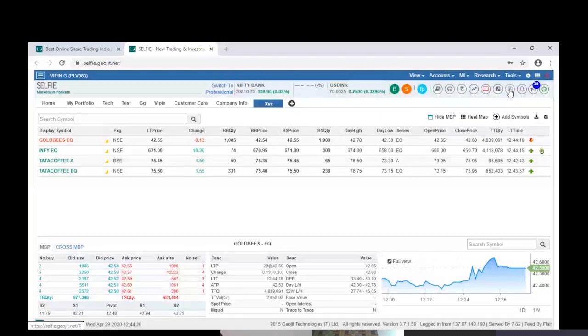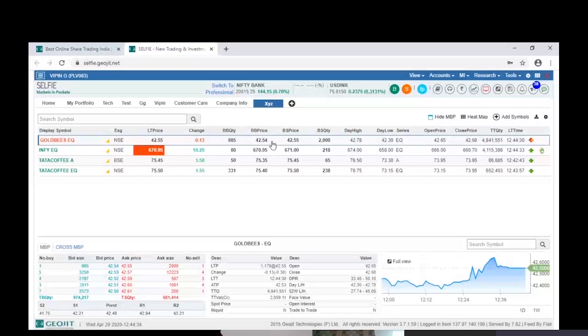You can use the drag options to bring columns, or you can use the settings out here. Like if you want to hide any of the columns, you can. You can see the last traded price or the percentage change. So the change means basically the change that has happened from yesterday's closing to today. So whether it is quoting high or low is what is mentioned here.